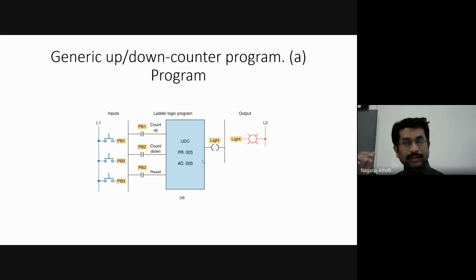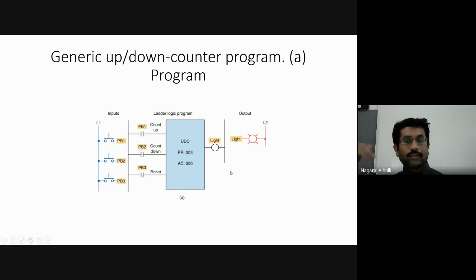Suppose I am activating the down counter, I have pressed the PB2 switch 4 times. It has to count down by 4 values. 6 minus 4. What is the last value? Yes, 2 is the value. 6 minus 4, it has counted down by 4. 6 minus 4 is 2. So the final value will be 2 here.